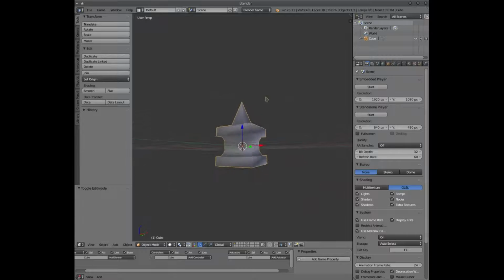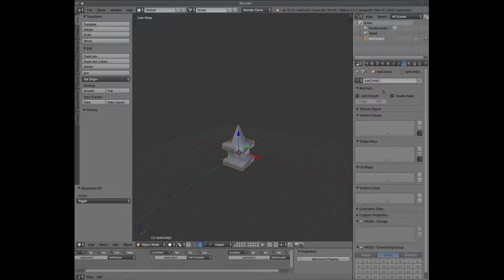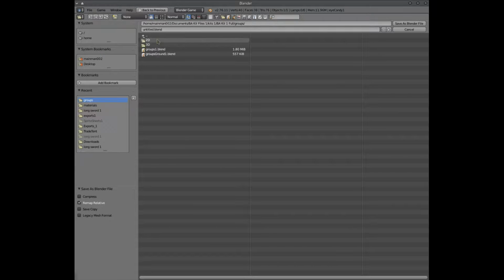There we go. Some interesting eye candy. And let's see here, I'm going to name this eye candy, with a capital C. I'm going to copy that. I'm going to put it over there. Let's see here. I'm going to save this in 3D eye candy 1001,